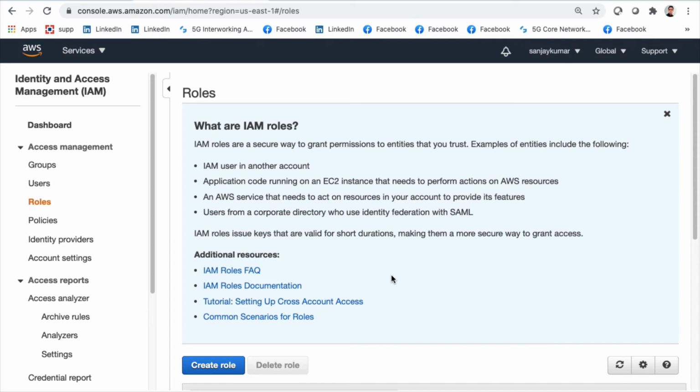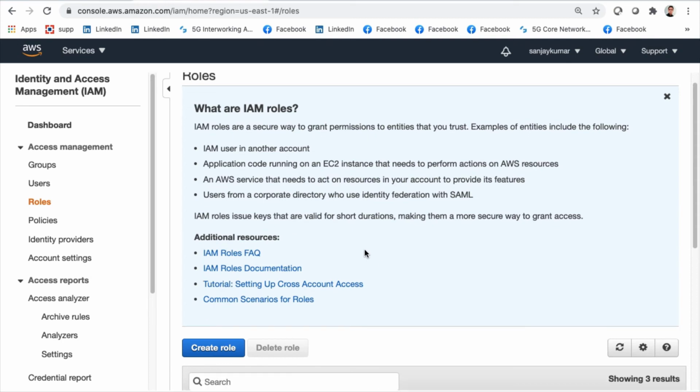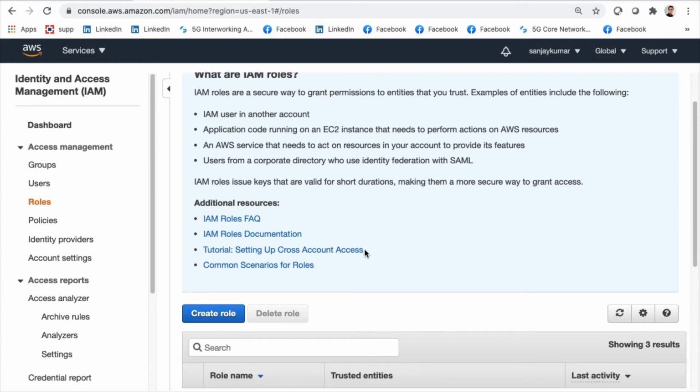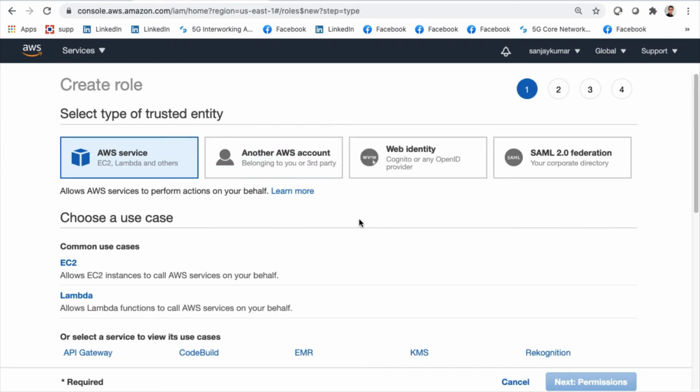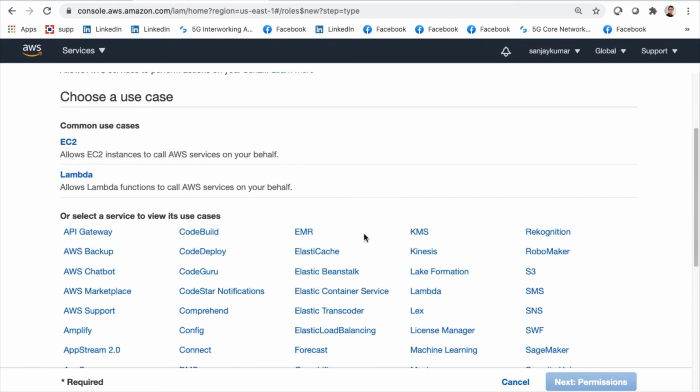Roles are similar to user creation, but they are not designed for end users or human beings. They are designed for services which want to access other services. So let's say I want to create a particular role, where EC2 allows an EC2 instance to call AWS services on your behalf.